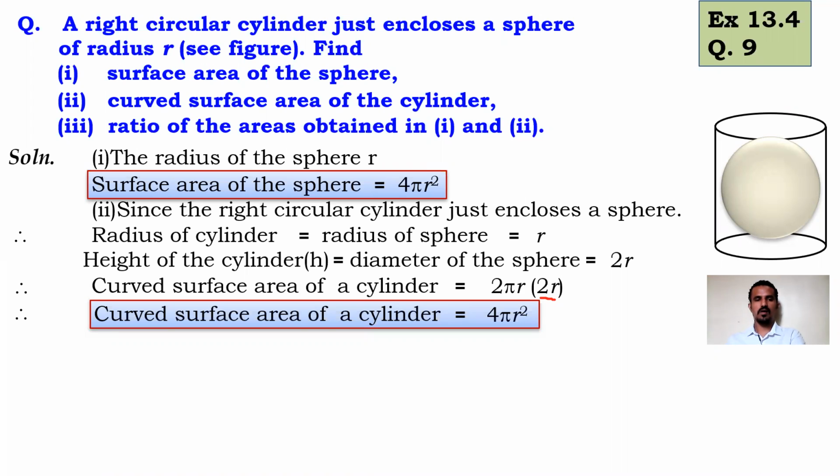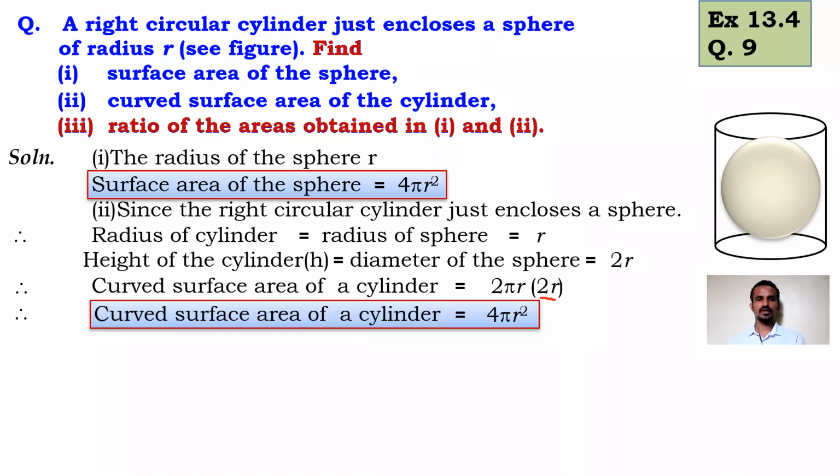Okay, so we can see that the curved surface area of the cylinder is also 4 pi r squared. So we are done with part 1 and part 2. The next part, the third part, is the ratio. Now we have to find the ratio of the areas obtained in the first and second. Now look, the values are the same in both, 4 pi r square and 4 pi r square, so the ratio will